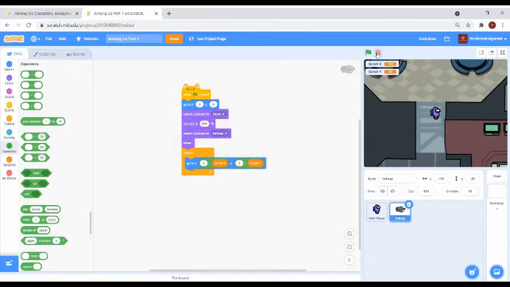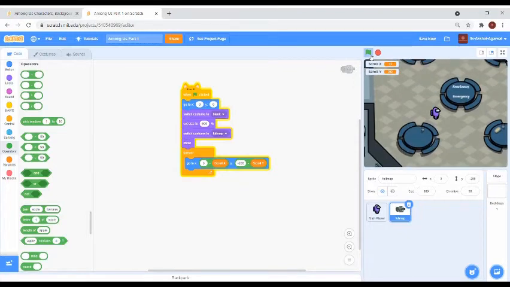So to bring it in the track, we are going to keep it minus 200 in the scroll y. So this block will be go to x 0 minus scroll x, y minus 200 minus scroll y. Now let's see. Now it is on the track.